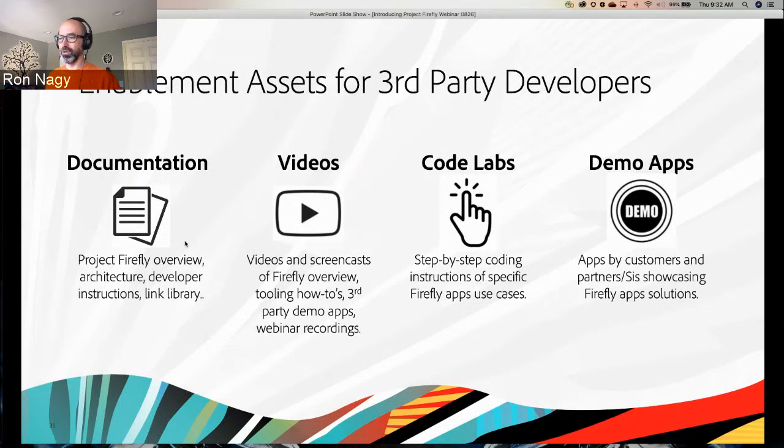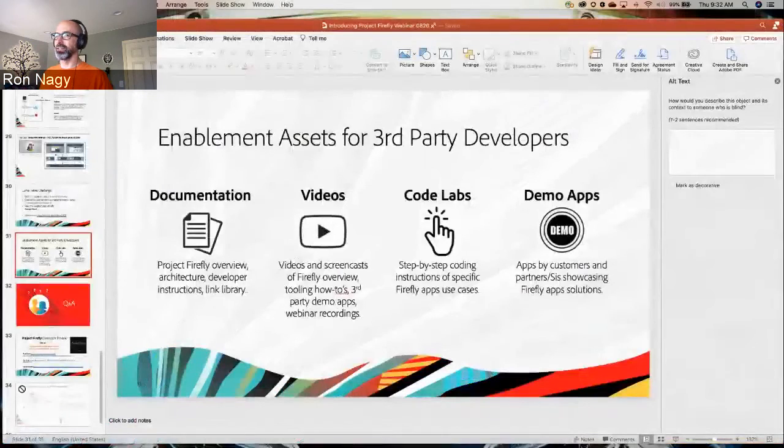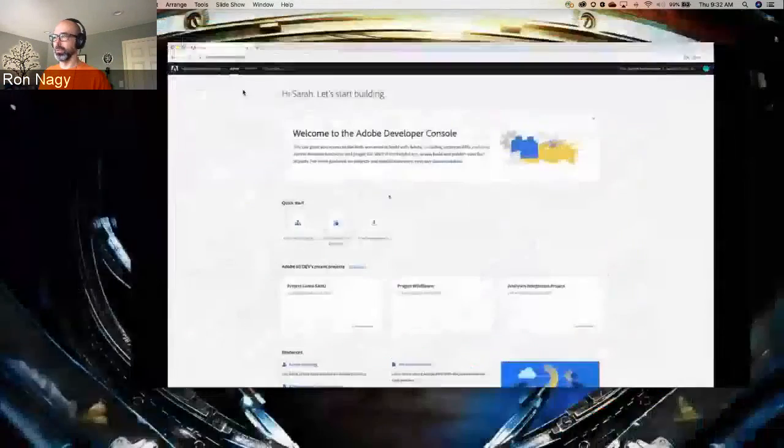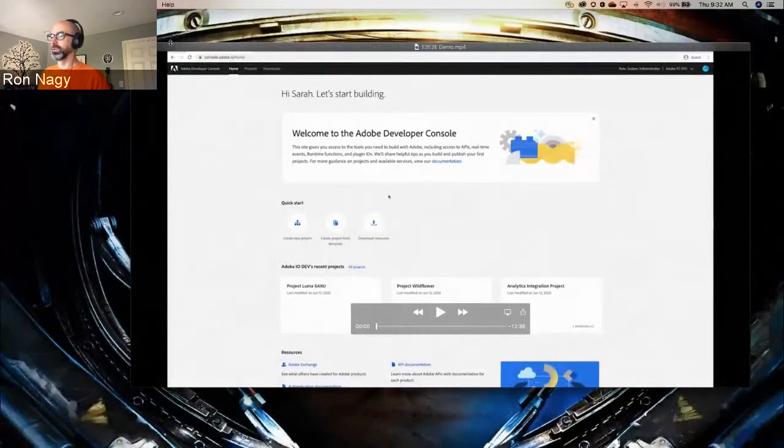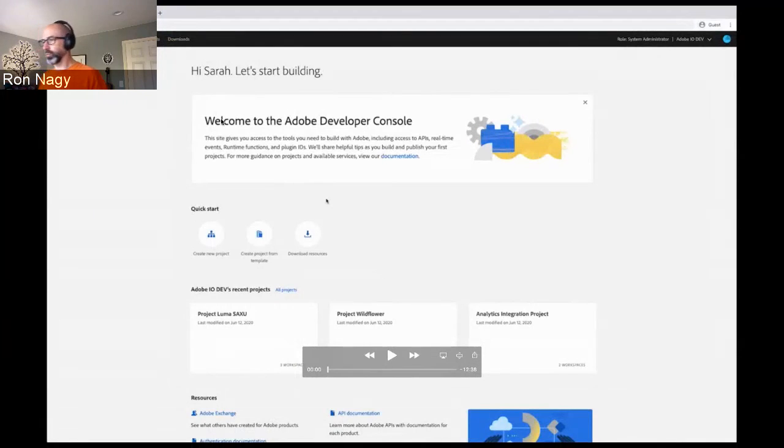Okay, so I'm going to jump into demos here, and we're going to go through this process. And I'm going to wait for a second for my screen to show up here. And there we go. Okay,